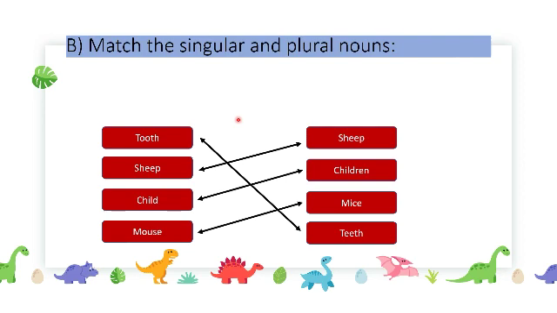So I hope you understood. This one was really very easy to understand. Here you have to see that without adding S, ES, we have either changed the spelling or we have not, but we have not added any S, ES, VS in this. So now we will move on to the third exercise of this chapter.